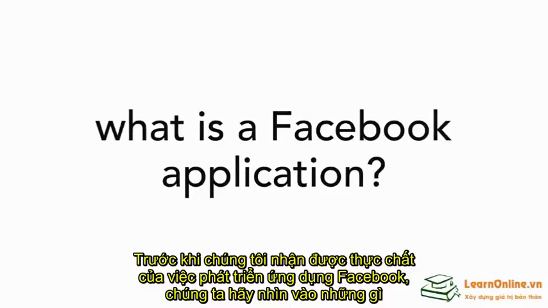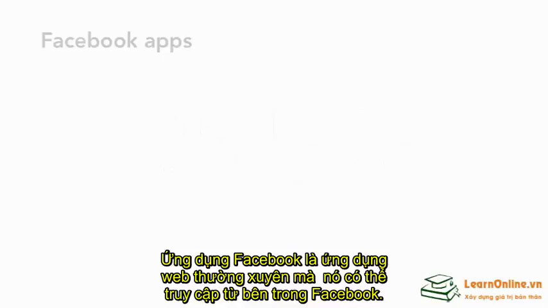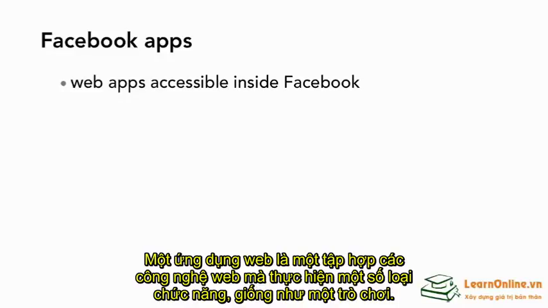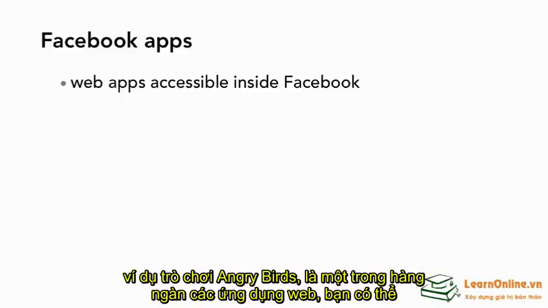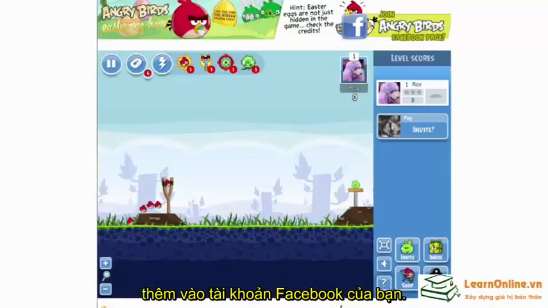Before we get into the nitty-gritty of Facebook app development, let's take a look at what Facebook applications are and how they work. Facebook applications are regular web applications that are accessible from within Facebook. A web application is a set of web technologies that perform some type of function like a game. The game Angry Birds, for example, is one of the thousands of web applications you can add to your Facebook